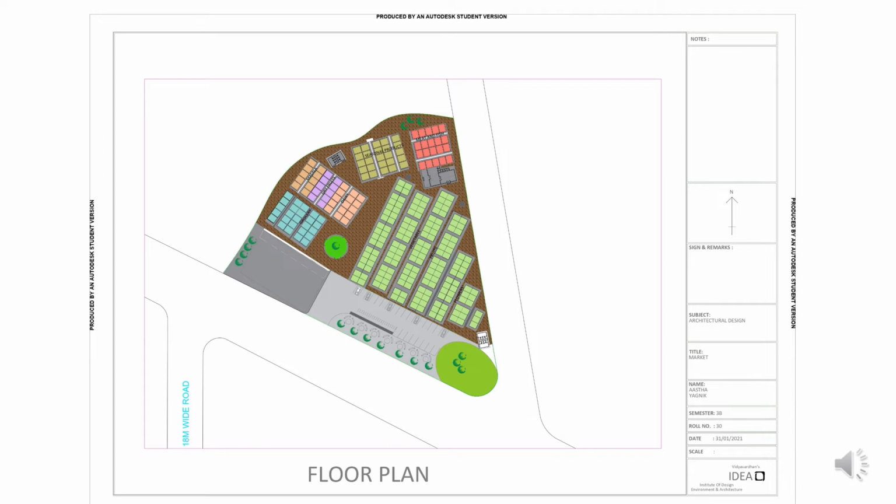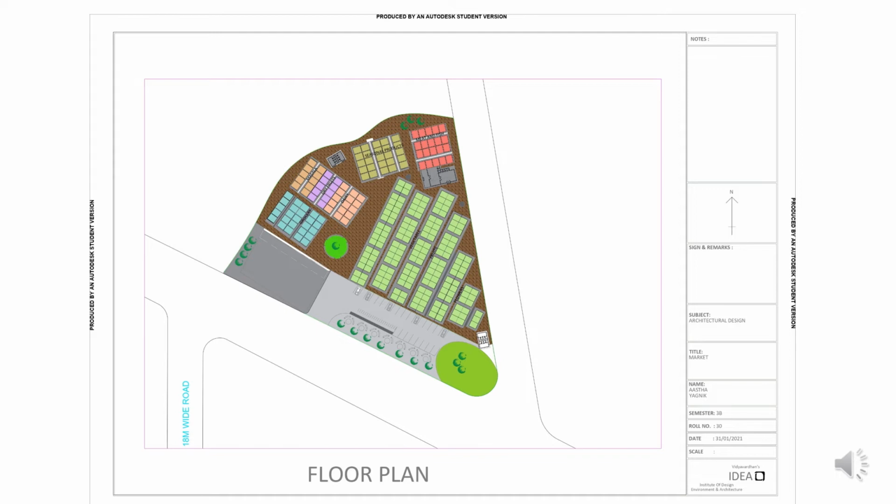Further going to the floor plan, as we enter, we arrive at the parking area on the right and the loading unloading area on the left. From the parking, we can choose whether we would like to go for shopping or for the eateries. From parking, as we enter the shopping area, we arrive at an interactive space which is also a buffer space from where we can choose where we want to go.